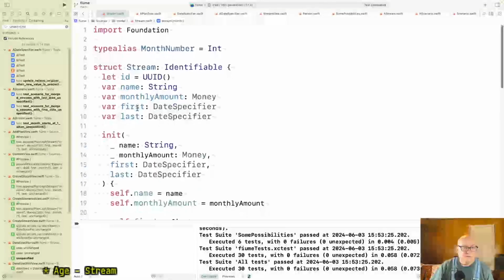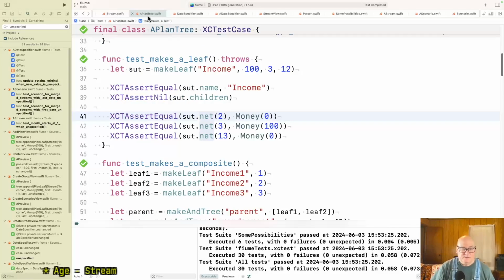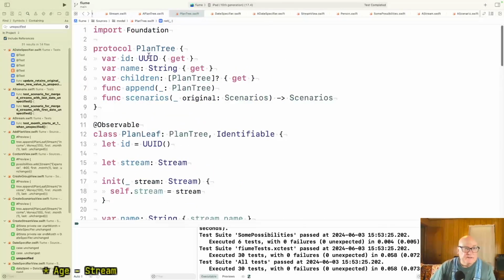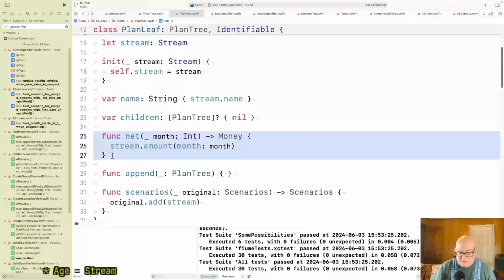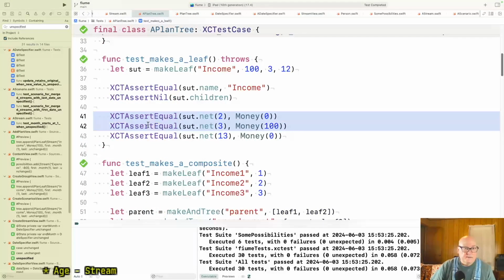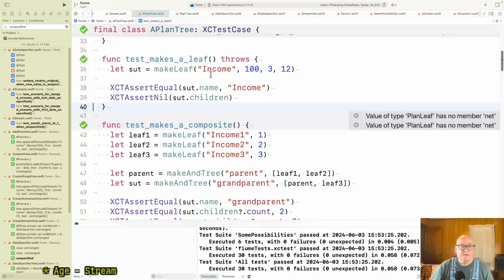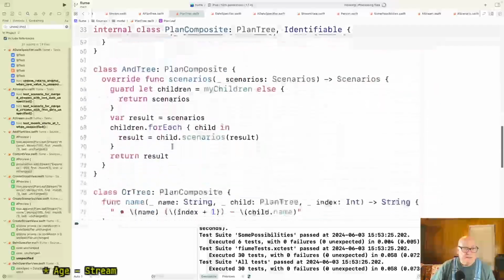So plan tree, where's plan tree? A plan tree, plan tree. Plan tree no longer asks for it, so this can go away. Because plans don't have net values, only scenarios do. Okay, now does plan tree have net?